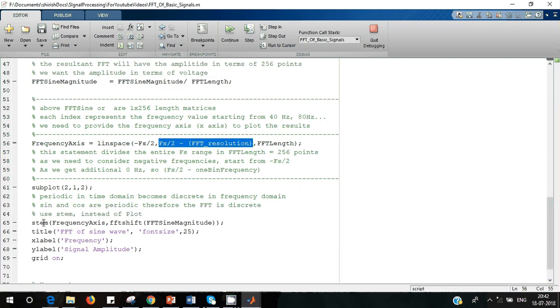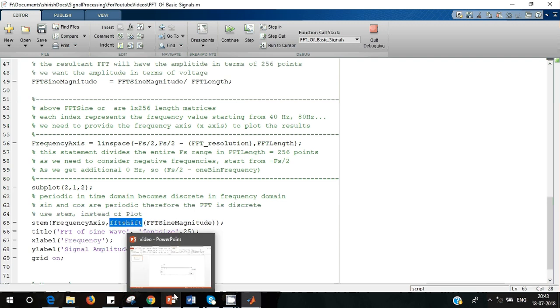Now you simply have to use stem. You can also simply use plot, but the spectrum will be discrete. Therefore, we need to use stem. This is the frequency axis, and we have to plot the FFT magnitude. As you know, we have taken the FFT magnitude and divided by the FFT length, and then we have to understand what this FFT shift is. Okay, so